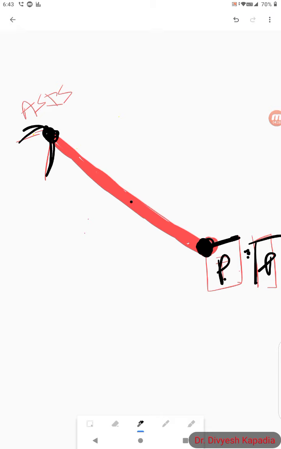Now the inguinal canal extends from the deep inguinal ring to the superficial inguinal ring. Now what is the deep inguinal ring? It is an oval gap in the fascia transversalis, 1.25 centimeter above the mid-inguinal point. The mid-inguinal point is the midpoint between the pubic symphysis and anterior superior iliac spine. So this is the deep inguinal ring. It is an oval gap about 1.25 centimeter above the mid-inguinal point, and it is a gap